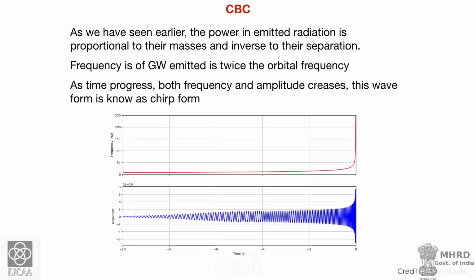For detectors like LIGO, which can see from 10 hertz, or the earlier LIGO detector, initial LIGO, which could see only from 30 hertz, it depends on the amount of signal you see depending on the starting frequency. If you see at 30 hertz, you will see it for a while before they coalesce with each other. On the other hand, if you start at 10 hertz, you will see a lot more cycles, because